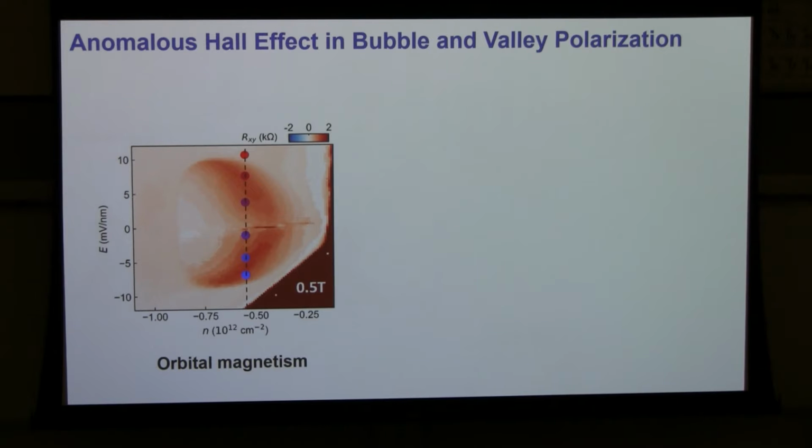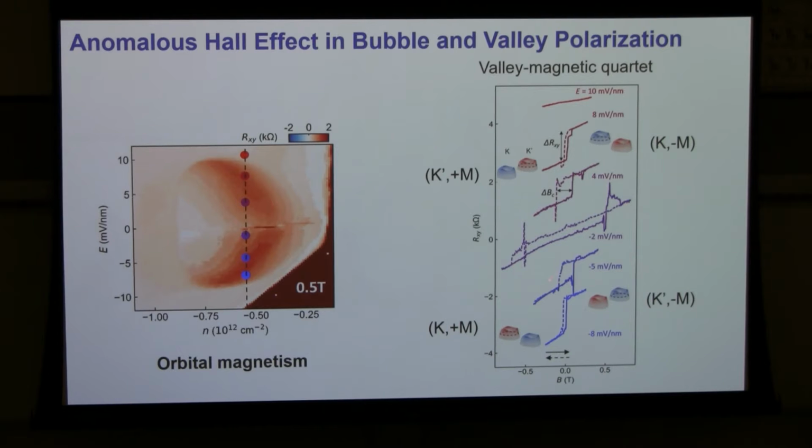I hear you, but I'm asking a good question. If you have a half a Tesla field on there, which is pretty big, how do you know this Hall effect is anomalous? Okay, so let's take a look at the hysteresis maybe. That makes it clear. There is a delay of flipping when you sweep the magnetic field back and forth. And if you look at strictly zero magnetic field, there are two states. Both of them have finite Rxy but the opposite sign. So this is anomalous Hall.